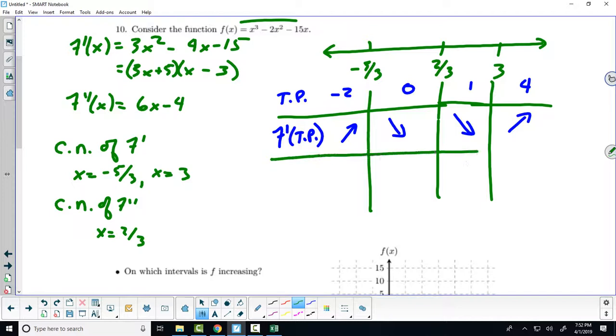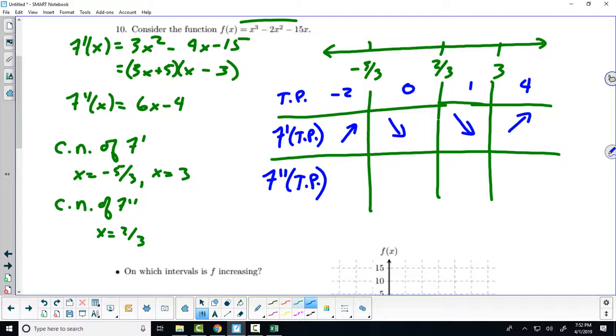So notice at this point, if I wanted to, we could pause. We could identify local maxes, local mins, where it's increasing, where it's decreasing. But let's go ahead and keep going, and let's now plug the test points into the second derivative. Again, there is a little bit of redundancy here. We don't actually have to check all these boxes, but you might as well just fill them all in, I think. So if I plug -2 into the second derivative,